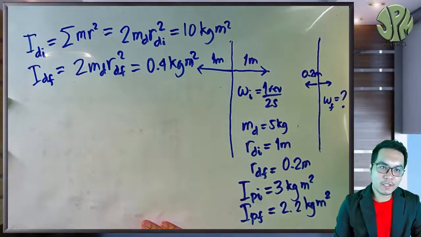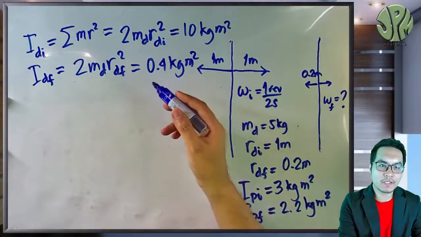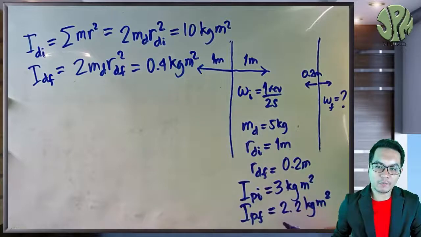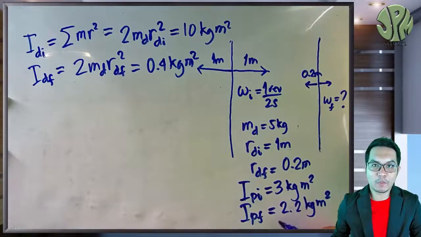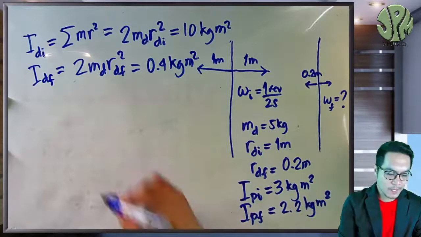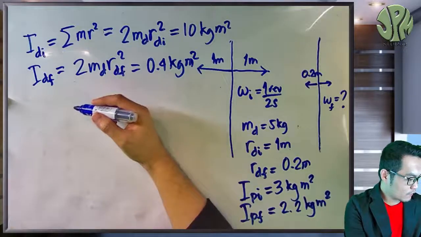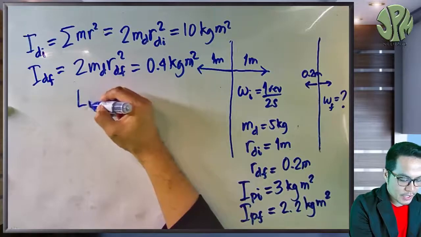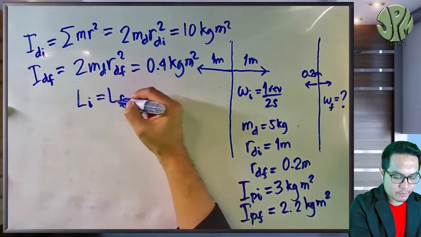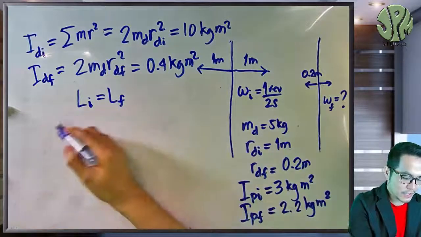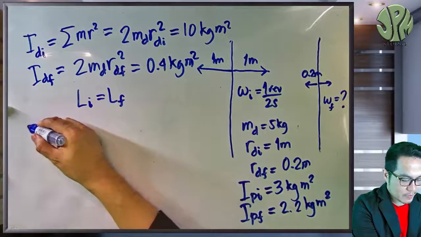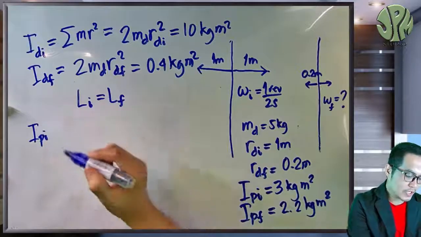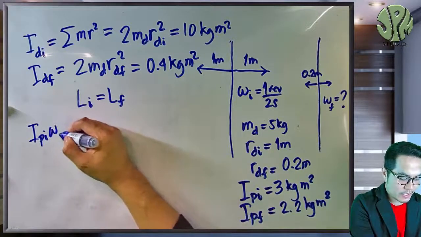The initial moment of inertia of the dumbbells, the final moment of inertia of the dumbbells, the initial moment of inertia of the professor, and the final moment of inertia of the professor. So we can now use the conservation of momentum equation. The initial angular momentum of the system is equal to the final angular momentum of the system. The initial angular momentum of the system is the initial angular momentum of the professor, which is the initial moment of inertia of the professor times the initial angular velocity,